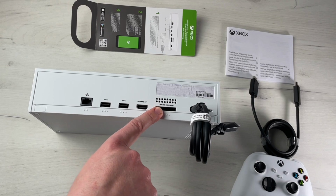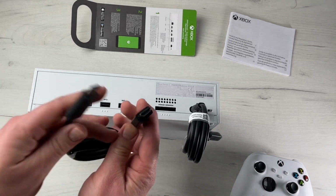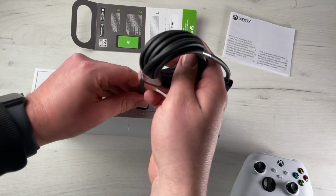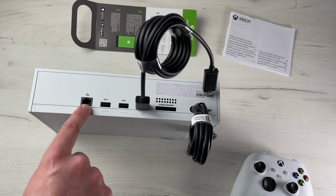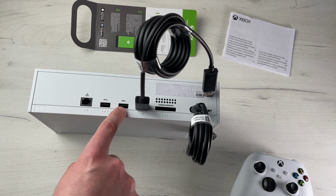Wow, this is an all-inclusive pass to Xbox. We can get an Xbox Series S, and of course, we have to buy the Game Pass Ultimate separately, for example. This will cost, I think, $25 per month for 25 months, with no upfront cost. This is the Xbox Series